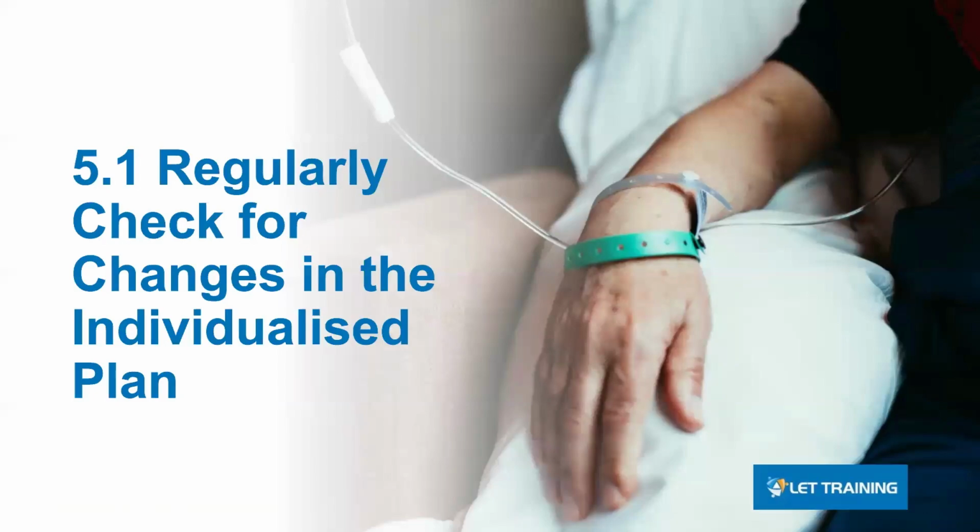Regularly check for changes in the individualised plan. The client's needs will change throughout care. During end-of-life care, where a decline in health is expected, these changes can occur often. You must check the individualised plans regularly. This is to accommodate any changes or additions to the person's needs and to keep everyone in the care team updated. Review these changes frequently to aid the care team in addressing the person's current needs, to ensure it is based on the most recent information. Refer to your organisation's policies and procedures on how to track and review these changes.